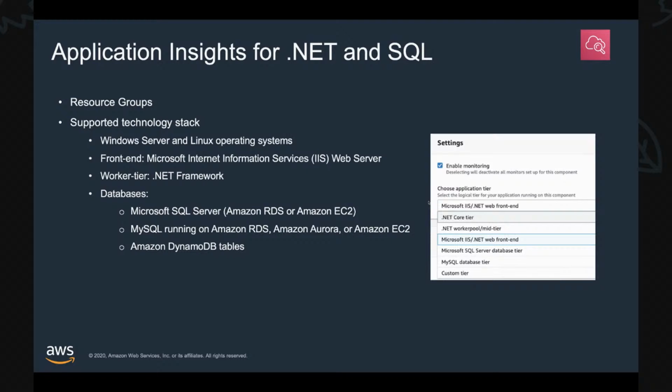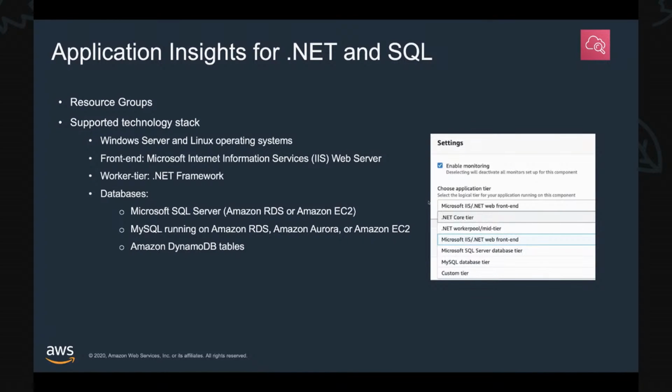A nice feature regarding Windows applications is AWS CloudWatch Application Insights for .NET and SQL Server. When you add your applications to Application Insights, right, it scans the resources in the application and recommends and configures metrics and logs on CloudWatch for your application components, right? To onboard your .NET and SQL Server applications to CloudWatch Application Insights, you must create a resource group that includes all the associated AWS resources used by your application stack.